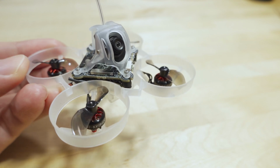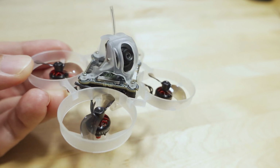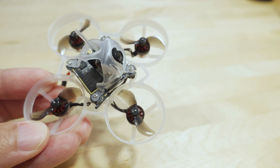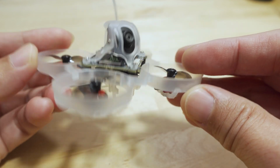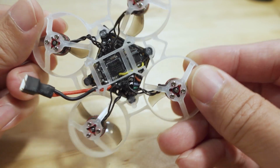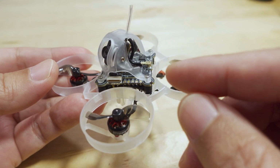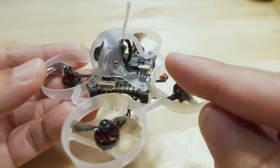Alright, so we're talking about the Mobula6 HDZERO edition from Happymodel. This is obviously their 65mm whoop, 31mm bi-blade propellers here, completely pre-built, of course. And I'm sure most of you guys are probably mostly interested in the little nano camera